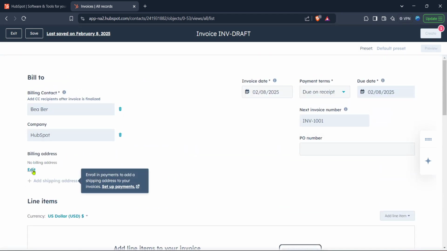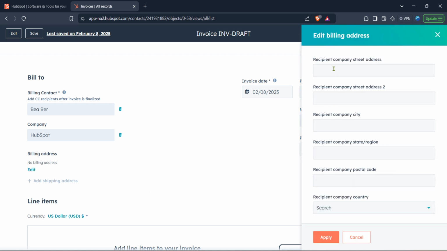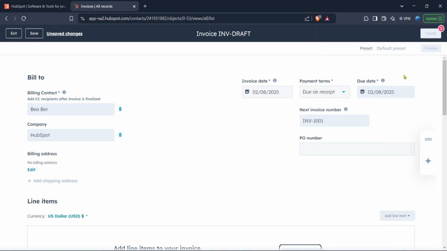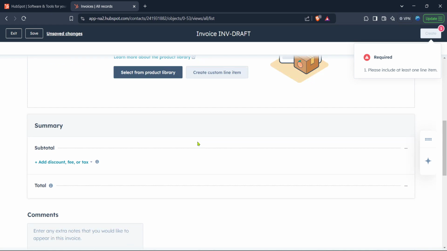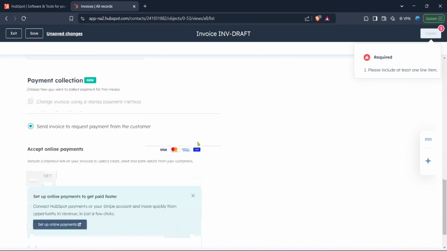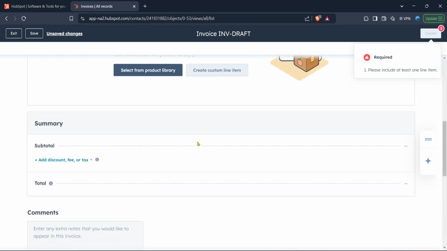After saving, we move on to adding products from your product library by clicking Select from Product Library. Browse through your offerings and choose the relevant product to add to the invoice. Wait for the product to be displayed, then click on it. After selecting the product, click Add to include it in your invoice. If everything is correct and you're satisfied with the details, proceed to click Create one final time to finalize the